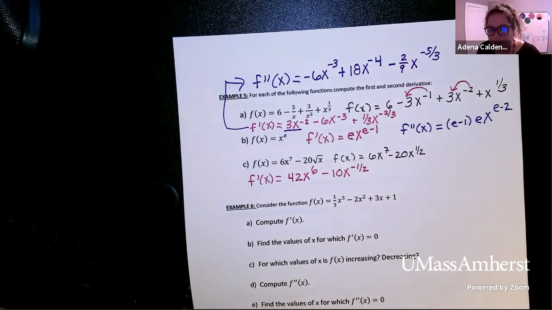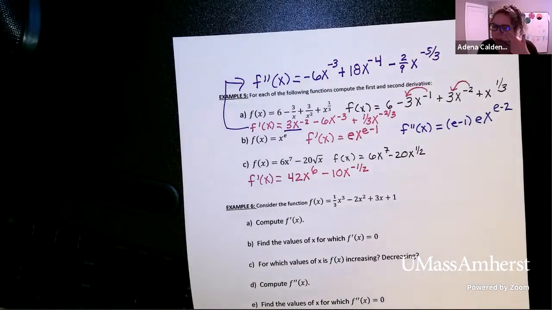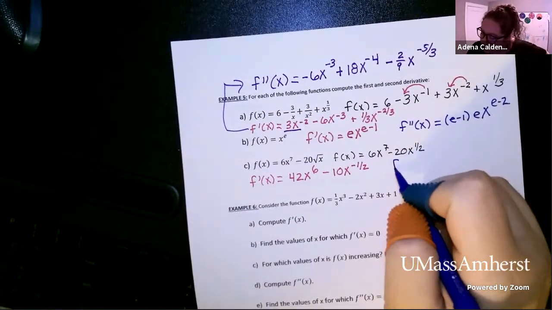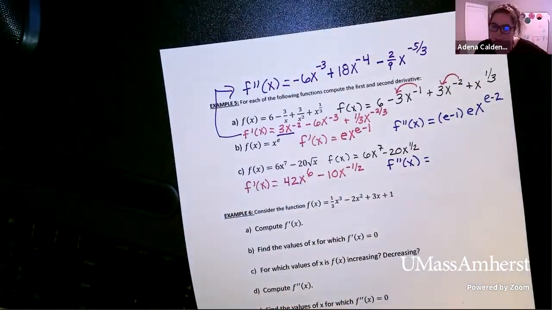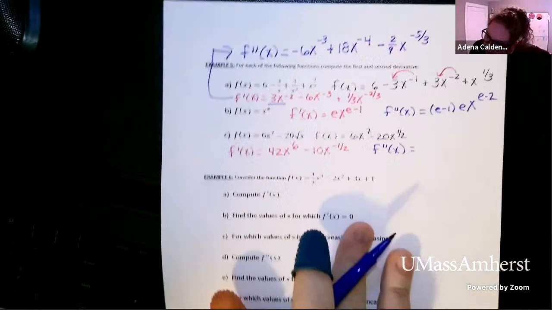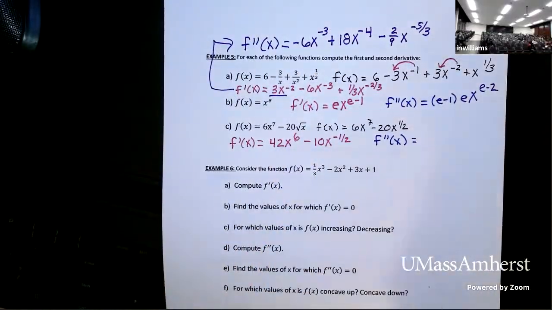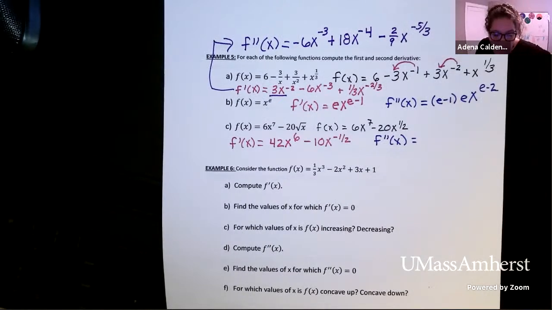Now, I can't remember if I said this before, but I'm going to say it again. If you are trying to get to a second derivative, you don't want to simplify the first derivative at all. You want to leave it as you find it, and then go ahead and do your second derivative. If you try to simplify the first derivative, then you're going to have to sort of unsimplify it to then take another derivative. So here we have 42x to the 6th, and we need to take the